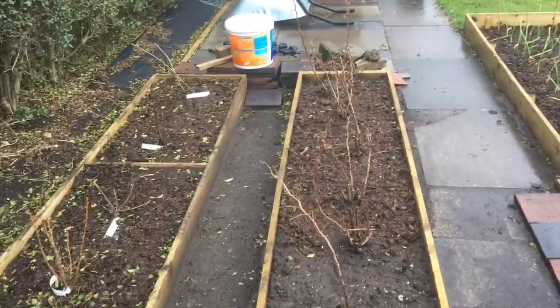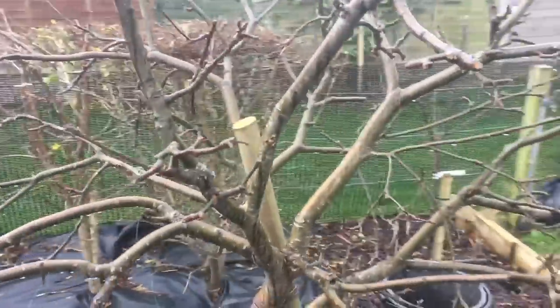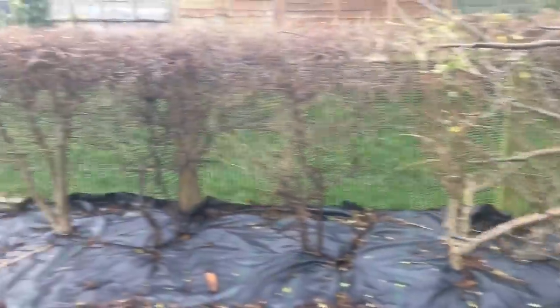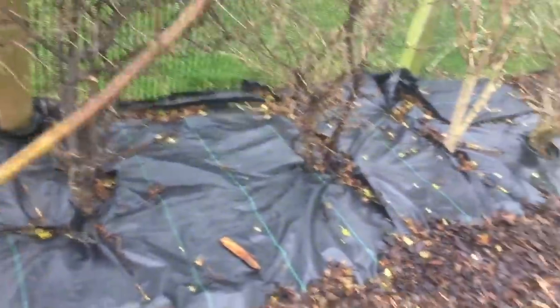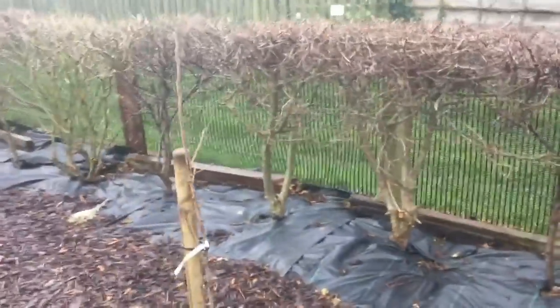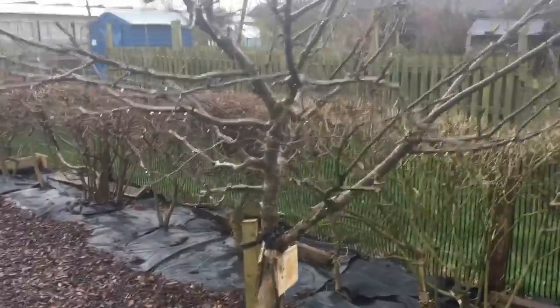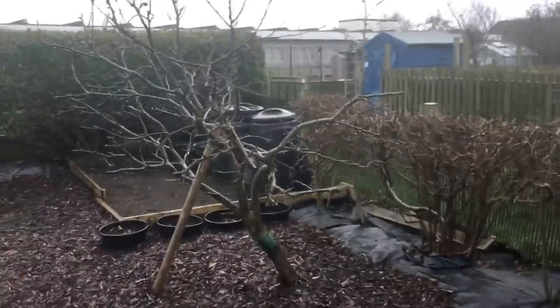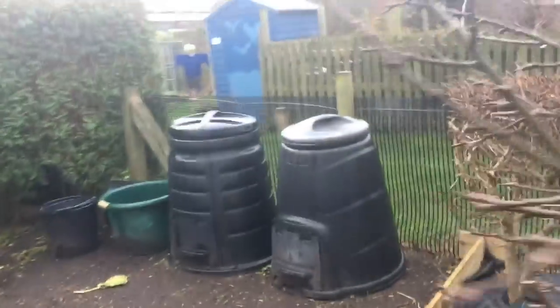So we planted lots of berries here, we planted lots more trees, planted a Braeburn there, kind of rescued that apple tree that was falling over. We planted, I can't remember which one this is, a Victoria plum here, a Conference pear there, rescued another tree that was falling over there and another tree there, so lots of trees. We've created